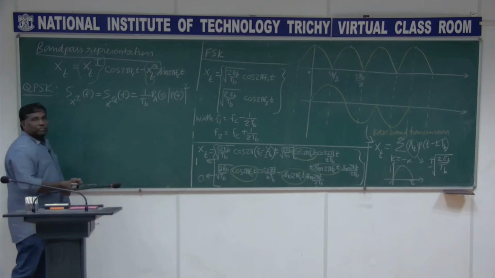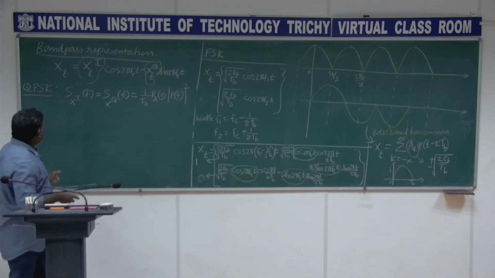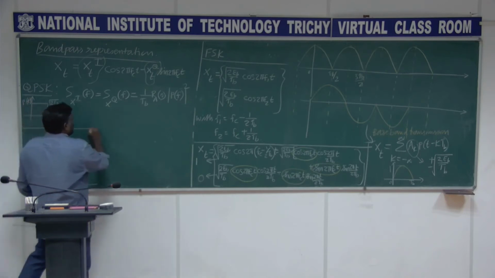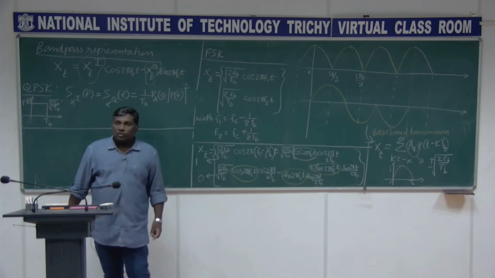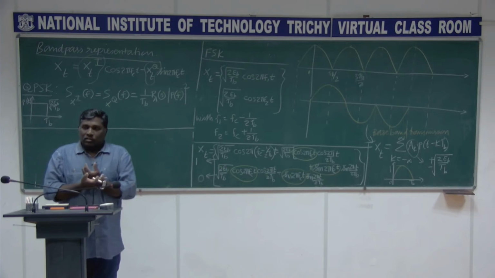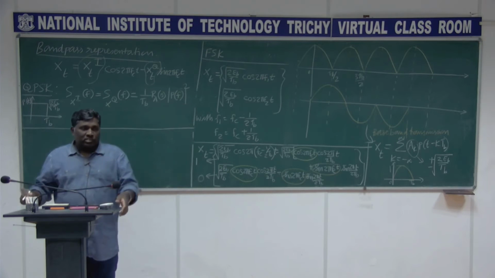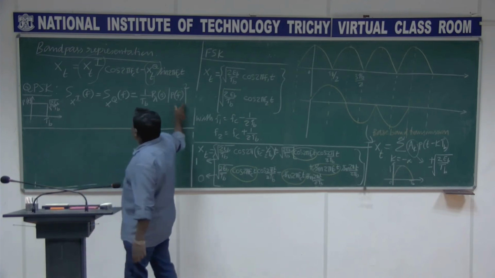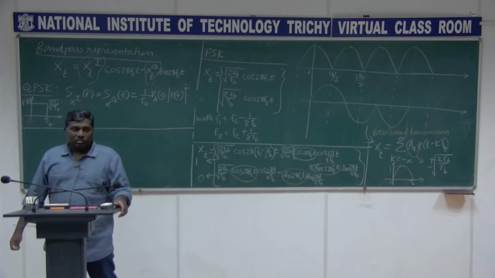So this is the shape, and we know what that pulse is for this QPSK, which I will draw here just to have some summary. So this is your root of 2 EB by TB, and this is your P of t. Other things you can find out actually. You can take the Fourier transformation of the rectangular pulse, which is going to be a sinc. P of f, the magnitude square is needed, so sinc square will come. So you put it here to get that spectral density of the in phase and quadrature component.